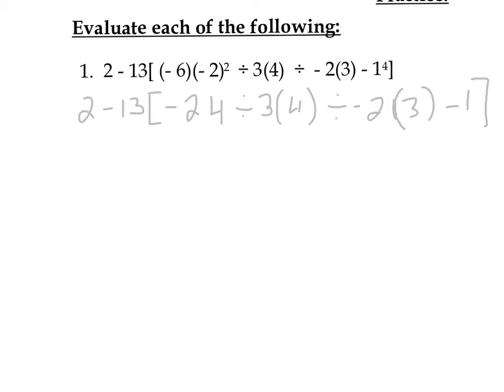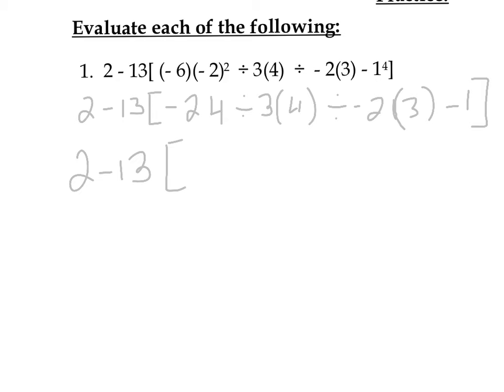So now, let's look at inside of parentheses. I have negative 24 divided by 3 times 4 divided by negative 2 times 3 minus 1. Okay? So 2 times negative 13. And now please remember, division and multiplication, we go from left to right. Okay? So I will get